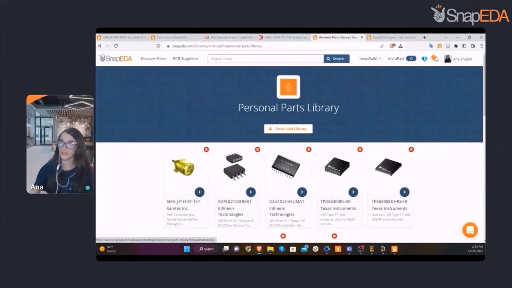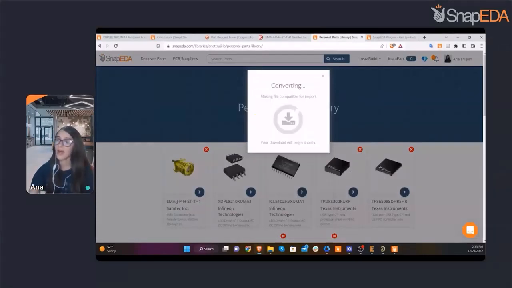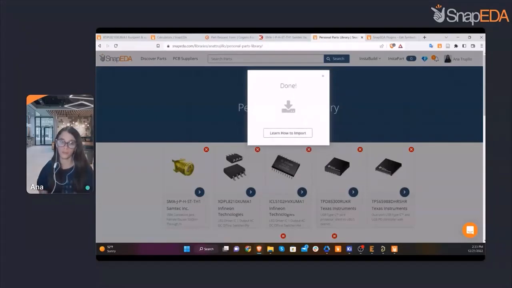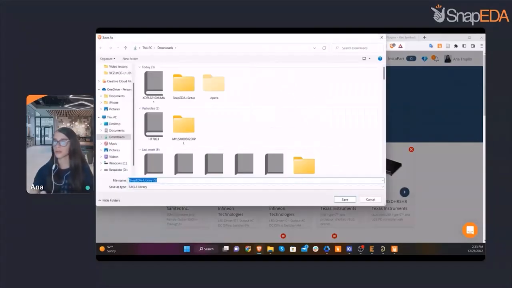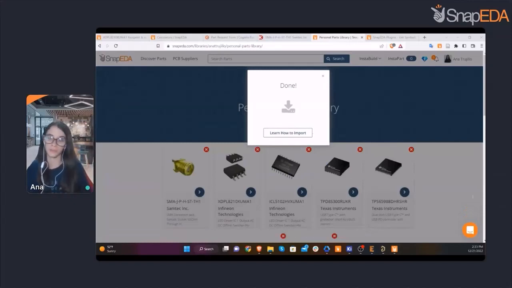So with one click, you can, for example, download for Eagle, and this will generate one single library with all the components. So here I got the SnapPDA library, and when I open it in Eagle, it will contain all the symbols and all the footprints. Instead of generating individual symbols and footprints, this will take way less time during the search and import process.